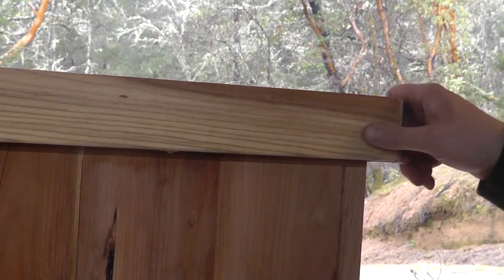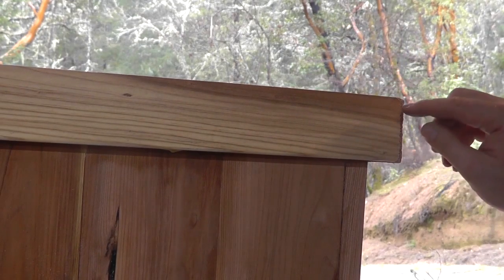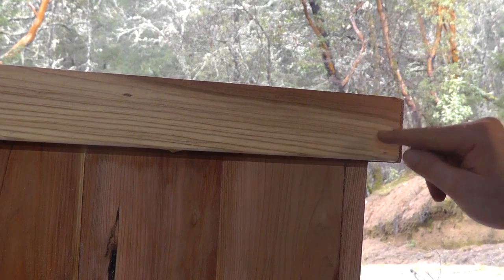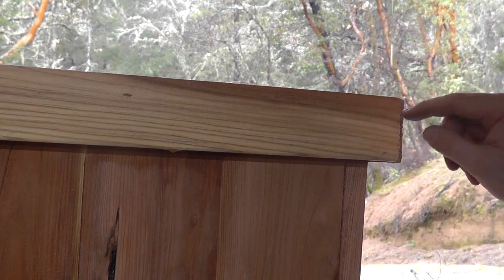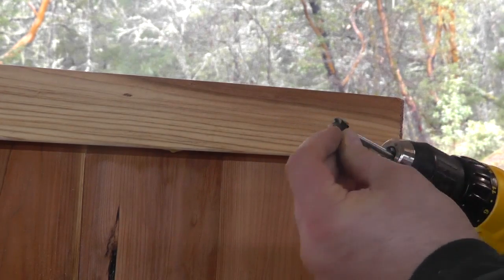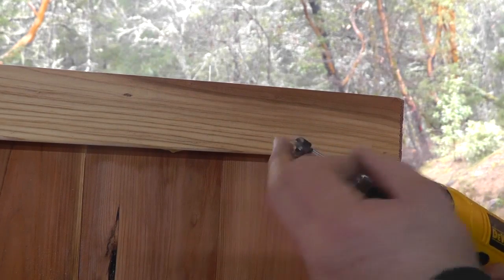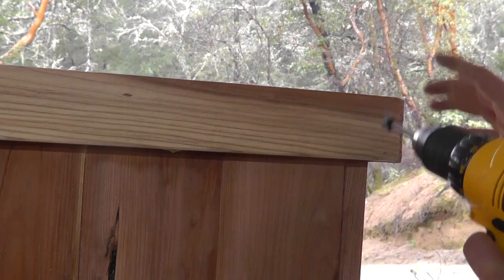Okay, so to screw these together, a lot of people like to use those twist bits, and what they do is they make a recessed hole here and they've got a pilot bit on it, and then you can put your plug in. I don't like to use them because I don't think they make clean enough holes. So I always use a Forstner bit, and it does have a small pilot,